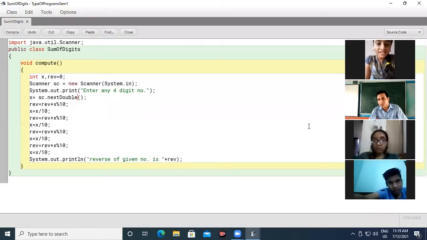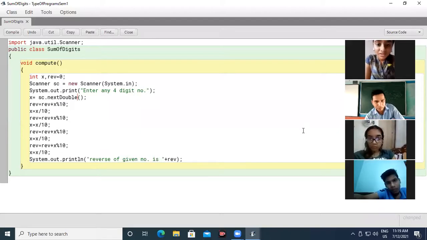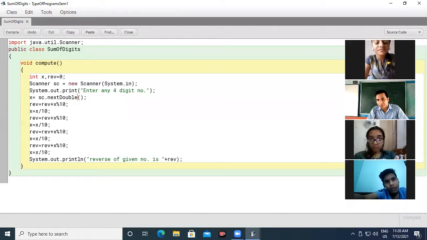So before, when we write int is equal to whatever the number is, then why are we converting into int? I think there is some problem in your mic because your voice is vibrating. That is not very clear. Sir, I wanted to say that when we write int is equal to 23, and then we write sc dot nextInt, when the value is already an int, why are we converting into int?